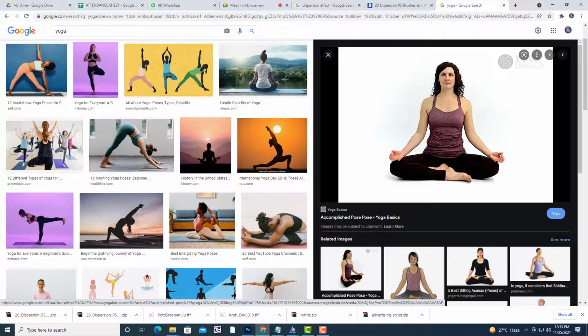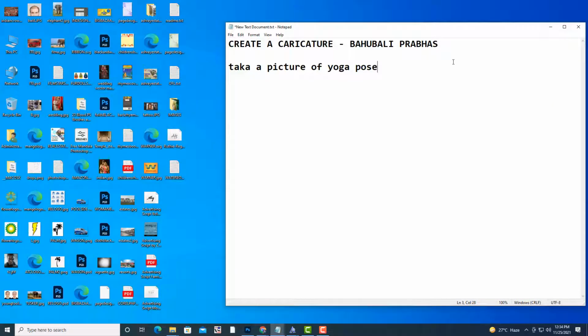And apply the dispersion effect to the left side of the yoga pose.